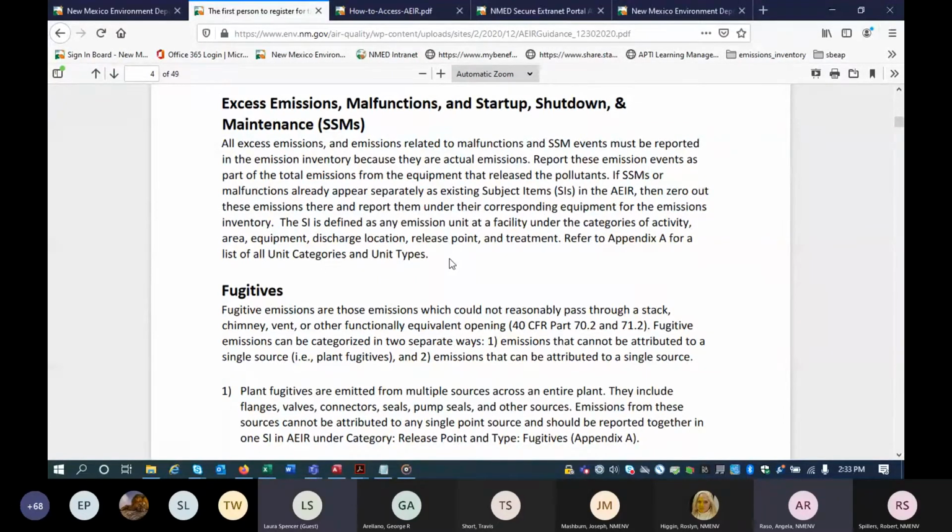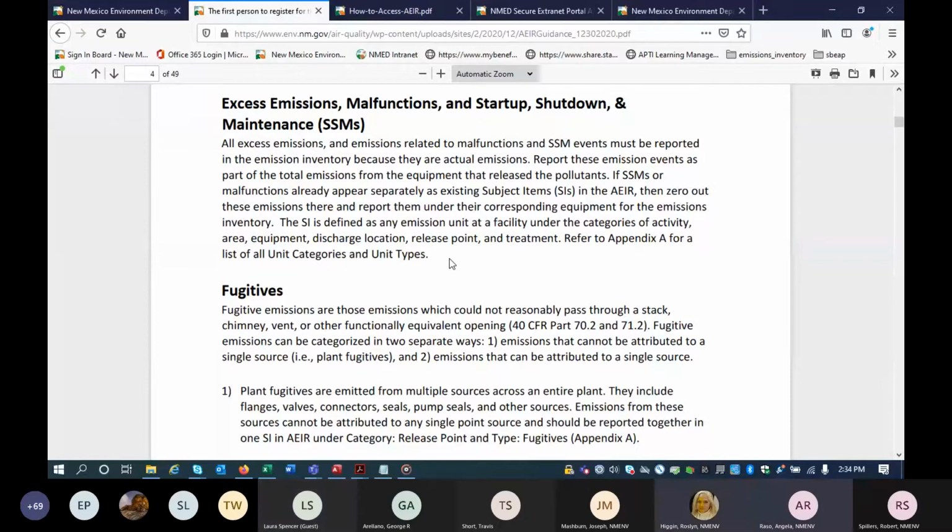Okay. Is there anything wrong with reporting it under that engine, even though we understand that it's not the compressor? We're kind of calling it a unit itself, like a compressor/engine. I'm just trying to figure out if I need to split up all of my SSM logs for all my facilities to report by unit with the actual emissions, or as we had before under SSM process unit. I need to figure out now, until I get into March, how those need to be split up or not. And I think it's probably fine to report them to the engine as long as the release point is relatively similar. Okay. Thank you.